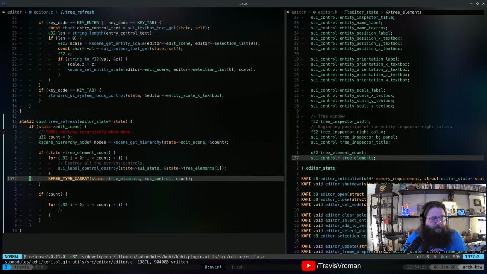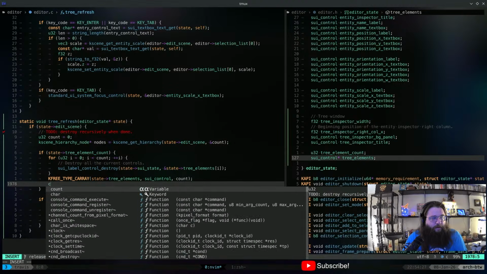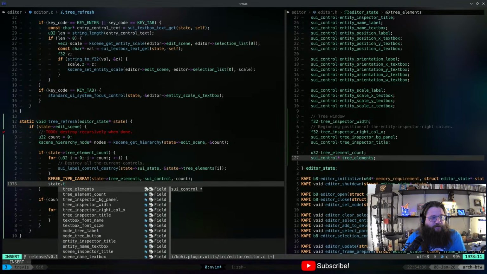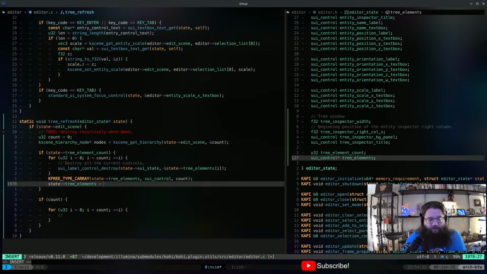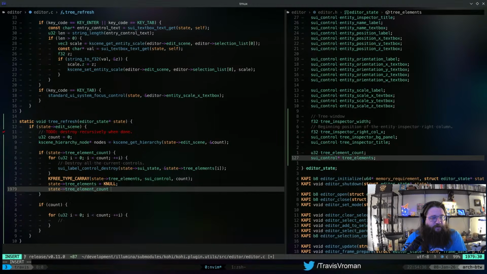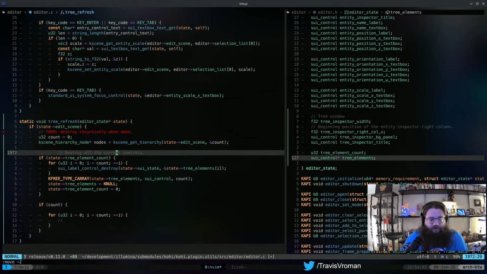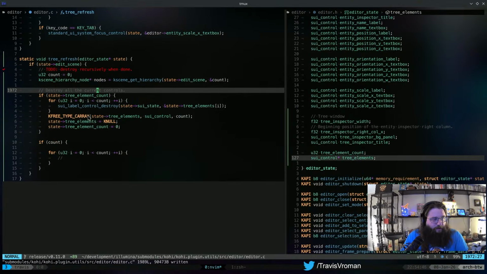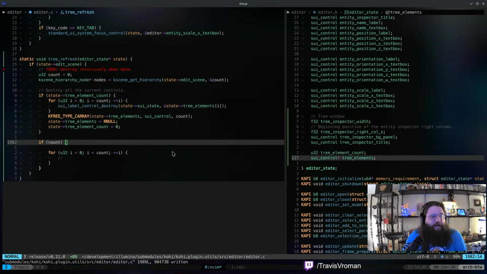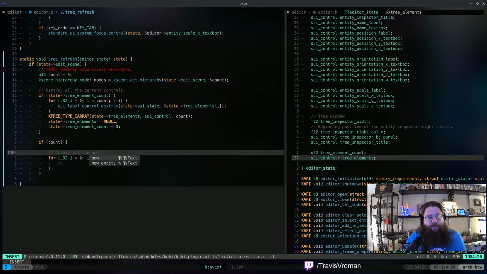Right? And then we'll do state tree elements equals k null, and state tree element count equals 0. Okay? So the first thing we'll do is we'll destroy all of the current controls. And then the next thing is we will loop through and create all the new ones, right? So we'll create all the new labels.